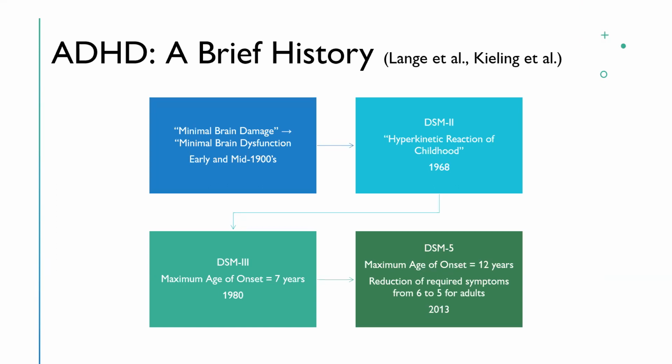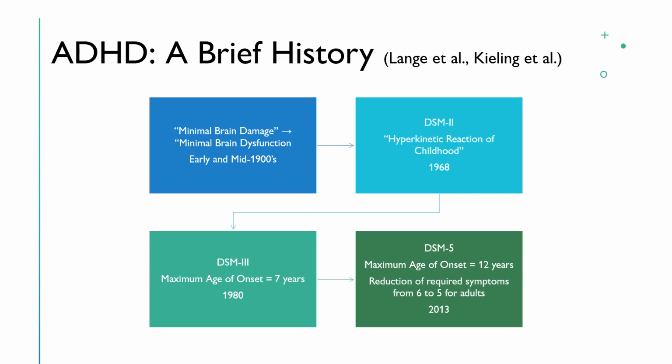The revision of the DSM-3 that was released in 1987 dropped the concept of the two subtypes and renamed the disorder attention deficit hyperactivity disorder, ADHD. And those three symptom clusters, the inattention, the impulsivity, and the hyperactivity, were combined into one list of symptoms with a single cutoff score.